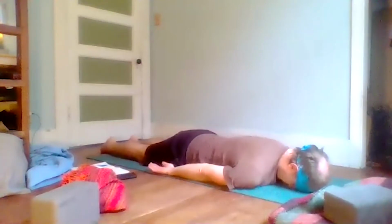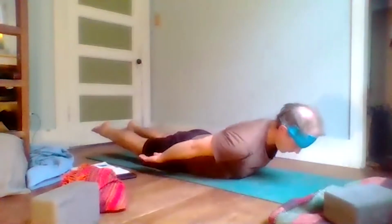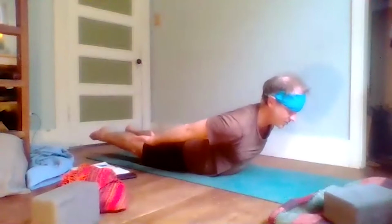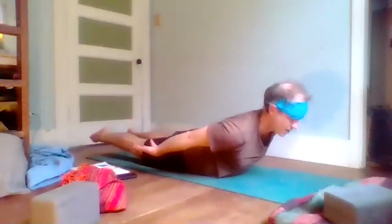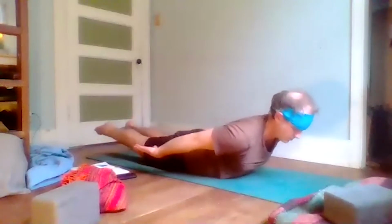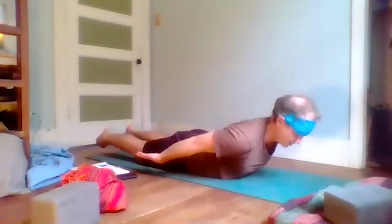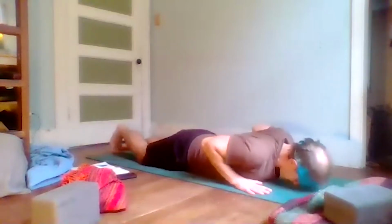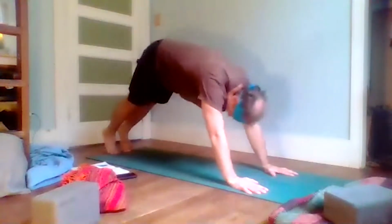We're bringing both parts together. So inhale, raise the shoulders, let the feet float up. The hands might float up. And breathe nice and deep. Finding that little rocking motion. Exhale, set it down. Place your hands under your shoulders, tuck the toes, push back up to plank, downward facing